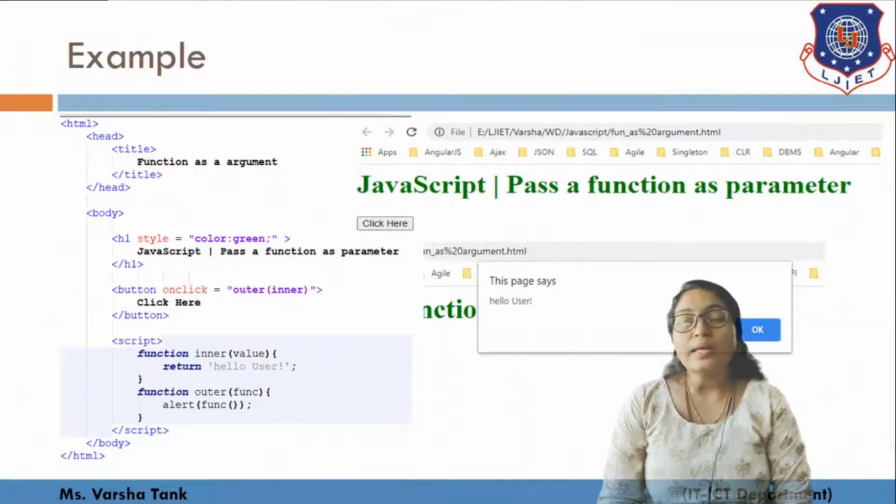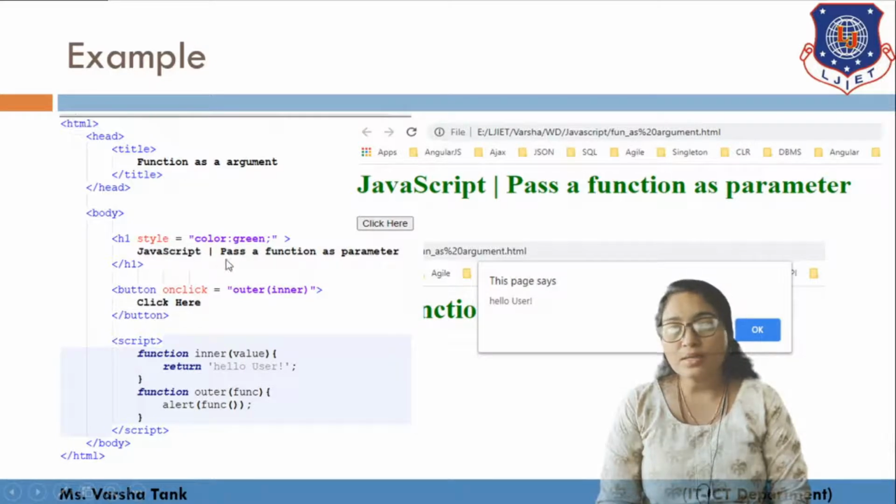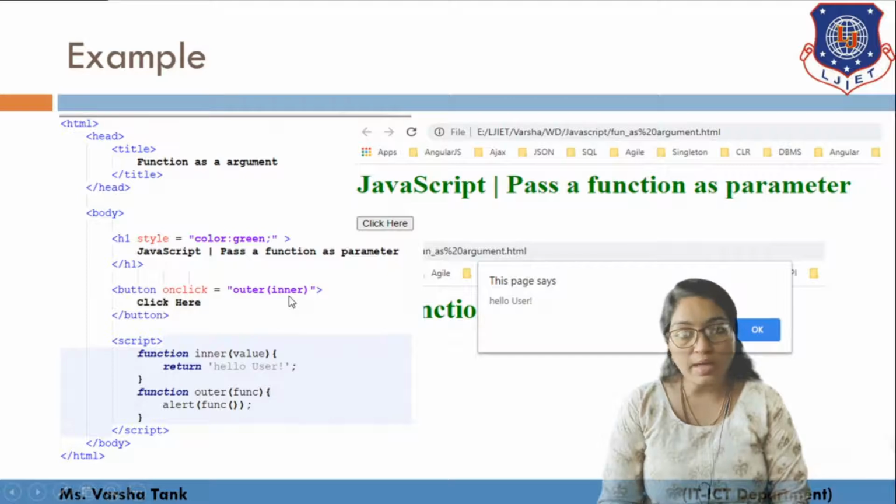Now let's see another example. Here the title is function as an argument, and in the H1 we have defined the color green as a style. It displays JavaScript pass a function as a parameter. Now the button onclick is equal to outer and inner. That means we have created two functions, inner and outer: function inner with the parameter value, and function outer where we are passing the function.